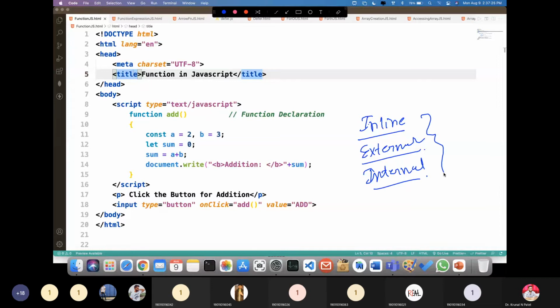These are the three ways to embed your JavaScript into the HTML page. Either you can define your JavaScript in the head section, or in the body section.